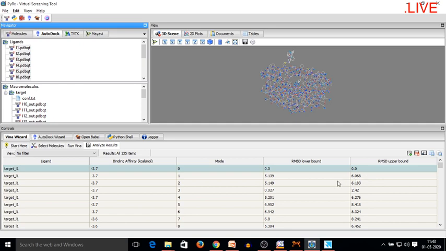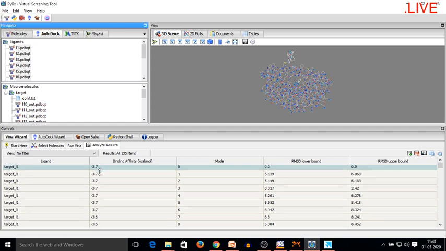are listed here. Now the question is which result we have to select. So the result with an RMSD value close to 0 is selected as the best one.